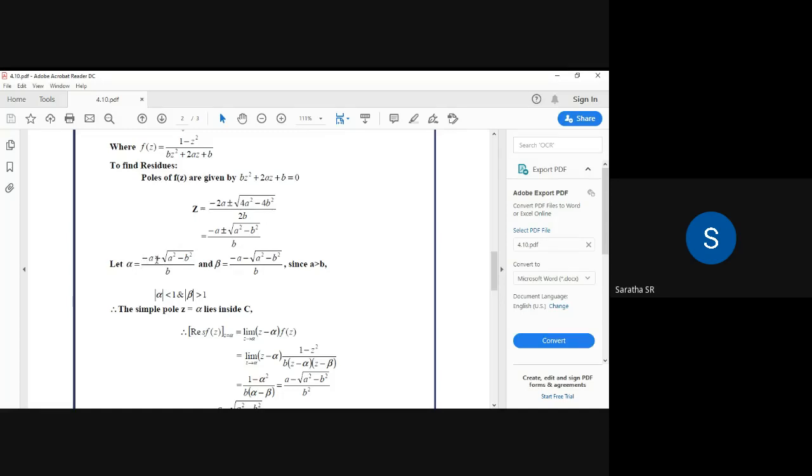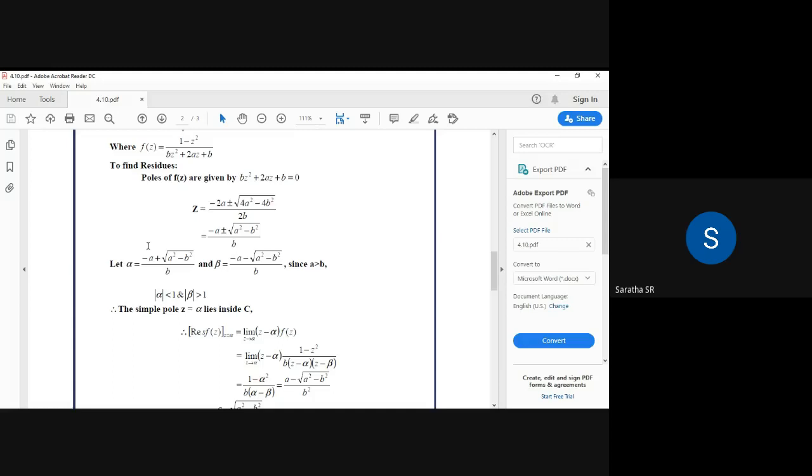Here we have minus a, so subtracting from that positive term, we get a negative value. A negative value divided by b is surely less than 1. If you have a doubt, instead of a and b you can replace a as 5. Because a should be greater than b, and b should be greater than 0, that is the given hint. Based on that I am assuming values, because you don't know about this value.